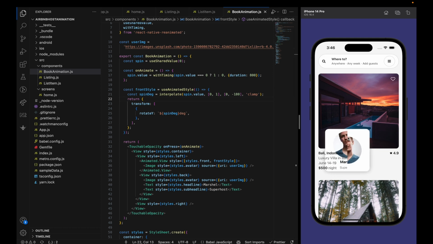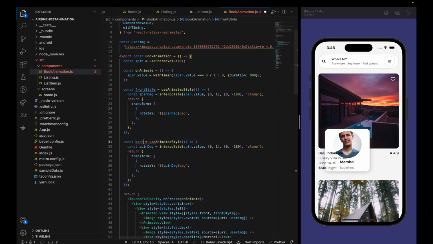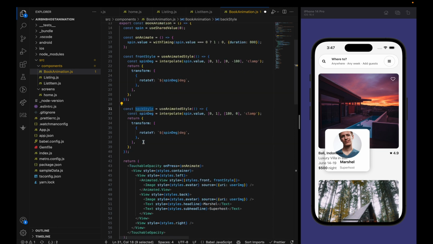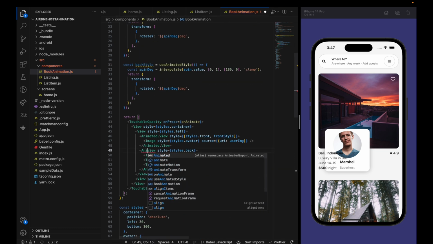but it is not very clear. So let's also animate the back card so it stays behind the front card. We will just copy this back style and it will be 180 to 0 because it's in the back. So initially it will be already flipped, and when we are going to 1 it will be at 0, so we can see the front axis. So back style, again Animated.View,